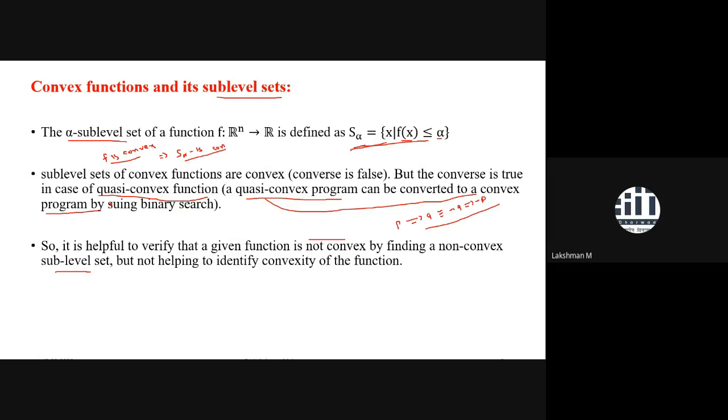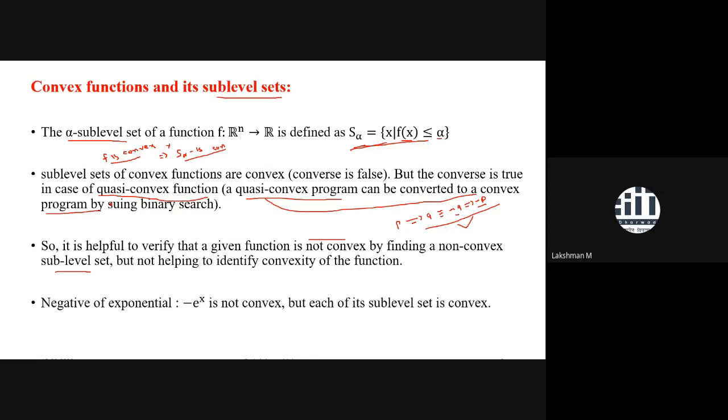Then it is very difficult, because your idea is that you have to establish convexity of a function. So this one is not really helpful for that, but this test is helpful in that if you come to know at least one sublevel set which is not convex, then you can claim that the given function is not a convex function. So it gives a very good idea to prove a negative result, non-convexity. It is helpful in establishing non-convexity of a function. That's why I came with this result here.